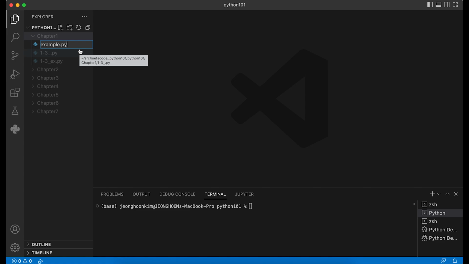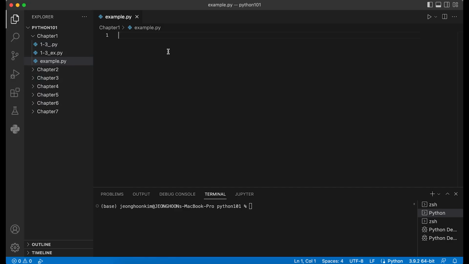You will notice that once you type in .py, the little icon here becomes the Python icon. That means VS Code knows how to treat this Python file. Once you press enter, this file pops up. Then you can now write Python code inside it.